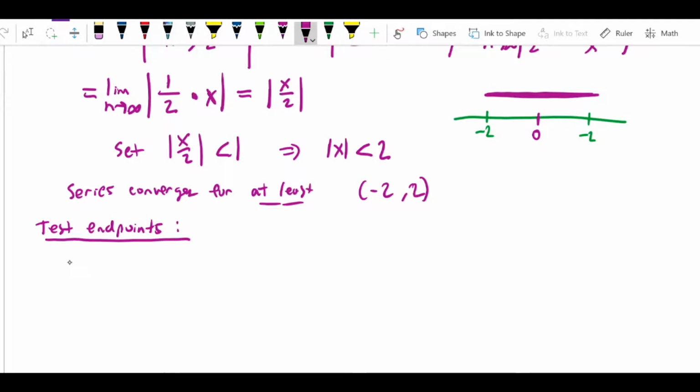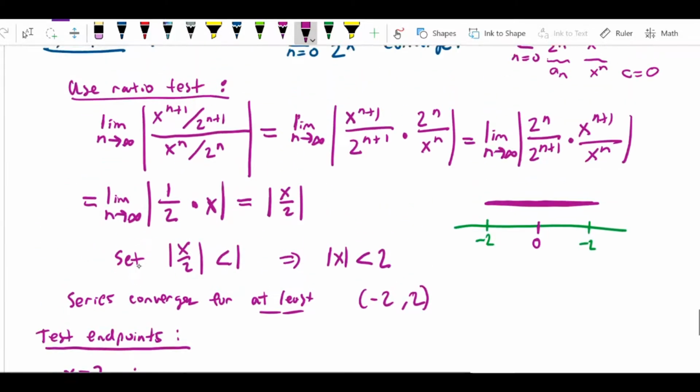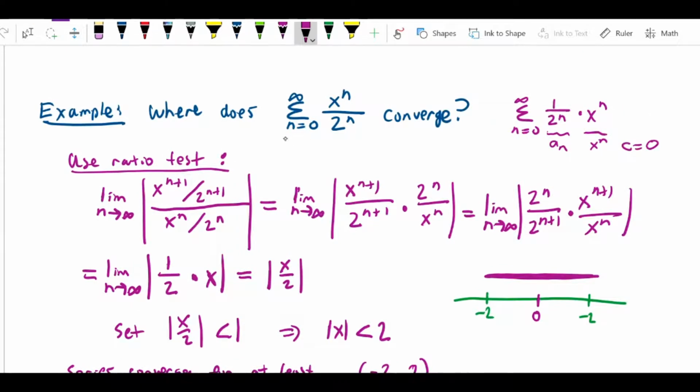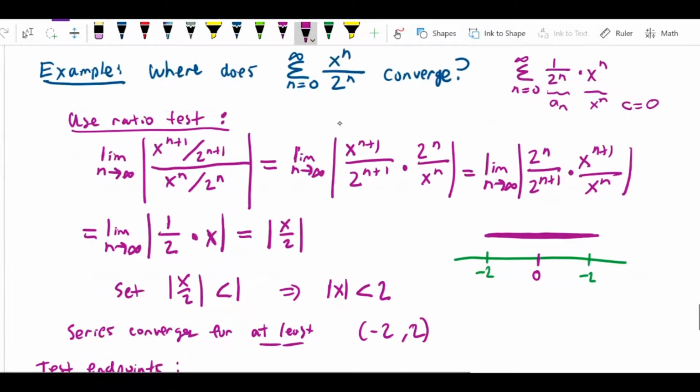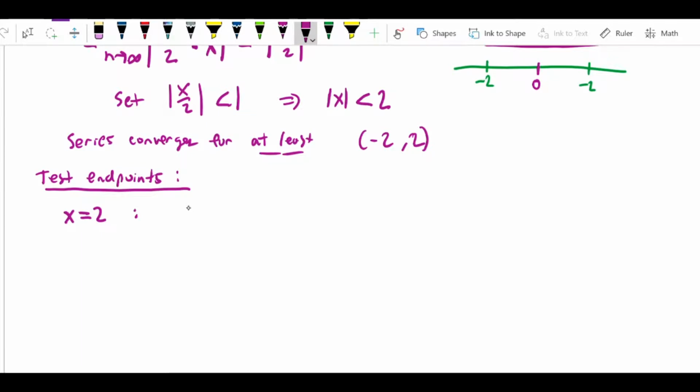So what we're going to do is test the endpoint x equals 2. To test it, we're just going to substitute it into the original series. The series is this one, x to the n over 2 to the n. So if I substitute x equals 2 into the sum from n equals 0 to infinity of x to the n over 2 to the n,